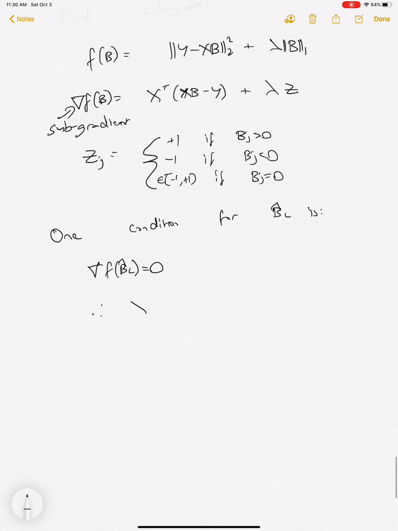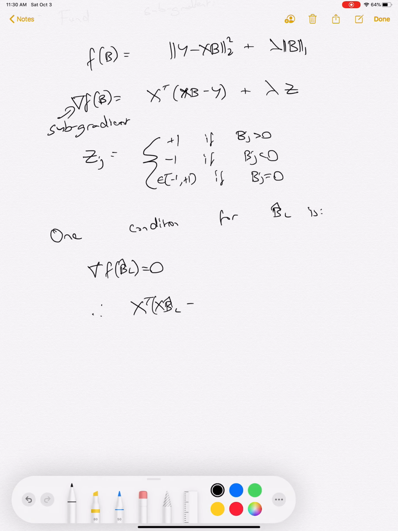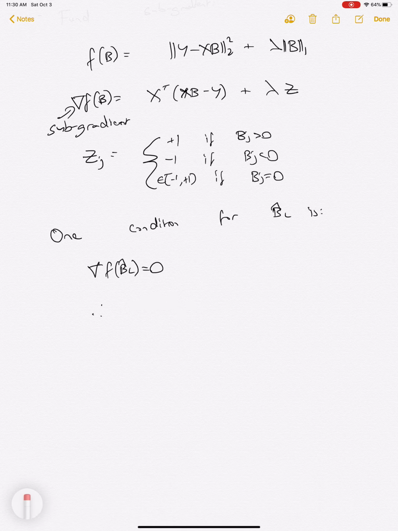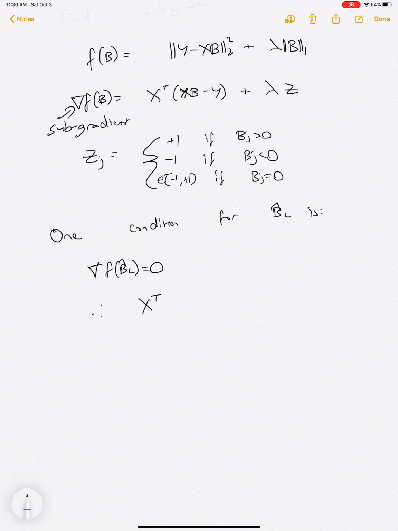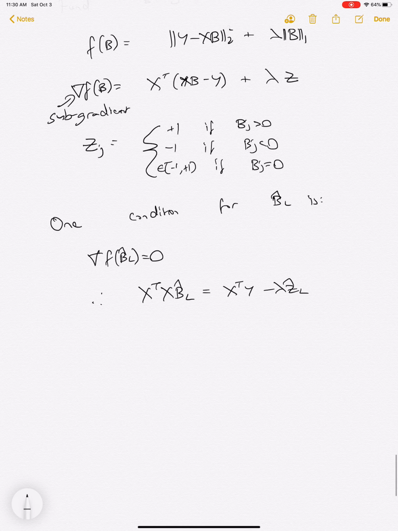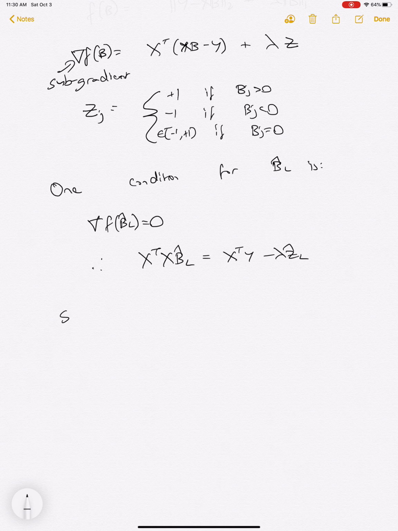So therefore we can re-express this as, okay, and I'm writing z hat L here because it's a function of the lasso estimator, and we know that